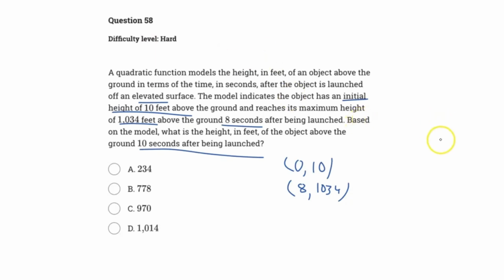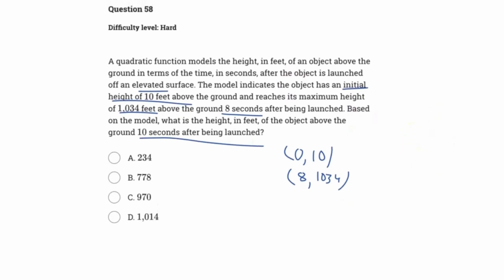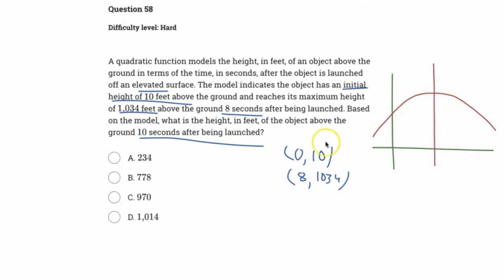Therefore, to find the last coordinate point, it's actually not that hard, because you have to think about a quadratic function. If I have a quadratic function, I'm going to draw the axes, and the graph is going to look something like this. And what we know about a quadratic function is that it's symmetrical. So if you were to think about this as (0, 10),